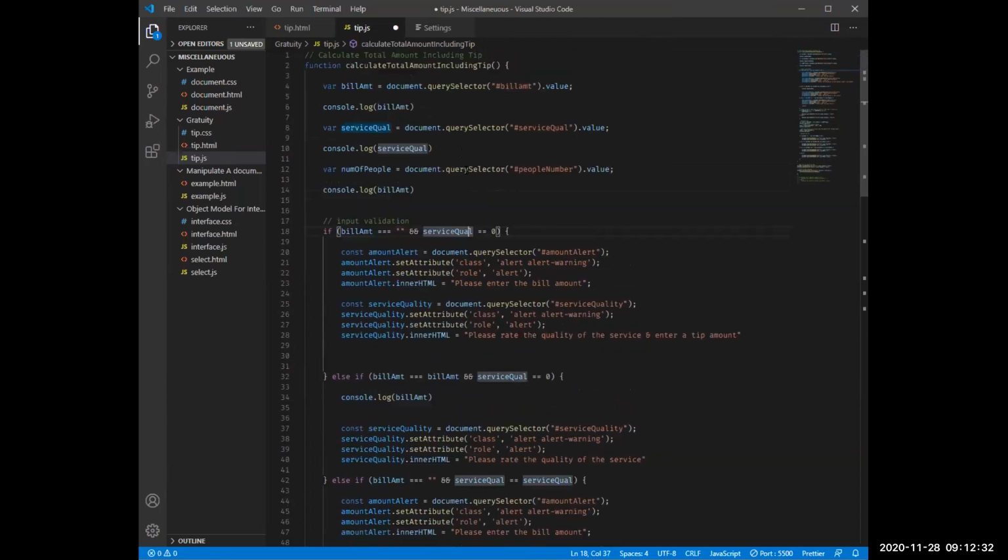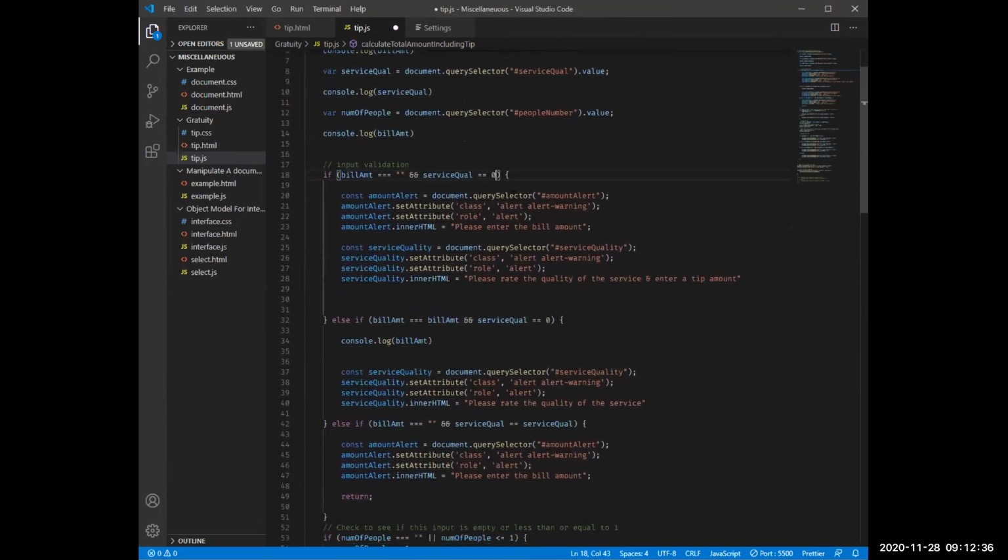service call field or variable is empty, then I want to first get, this is where the error handling comes in. So the first thing I want to do,